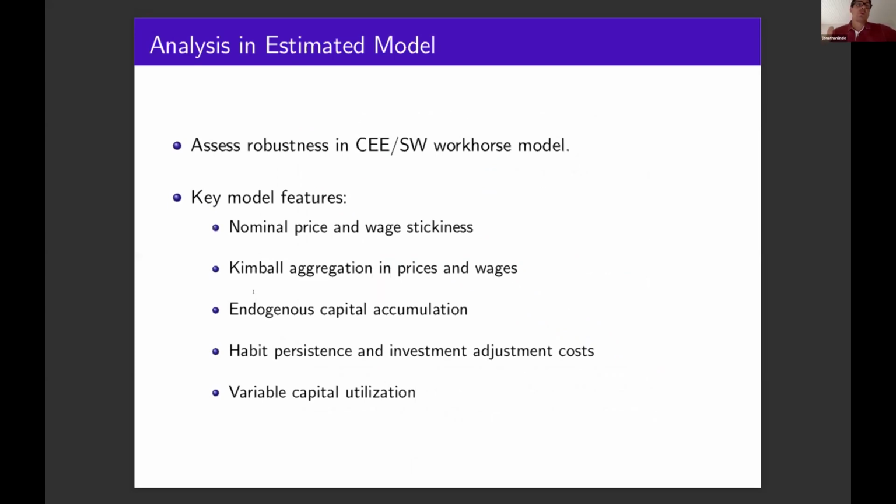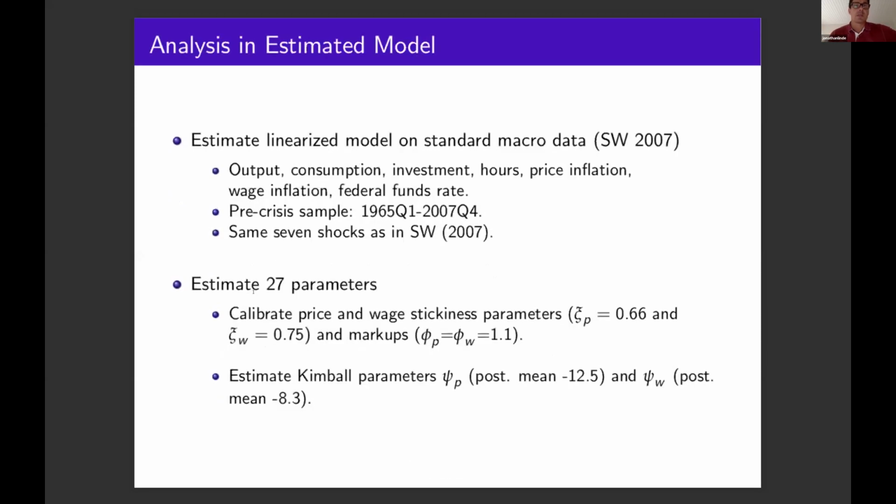So I'm just going to say we do robustness in a workhorse model that we estimate. We estimate the parameters and get basically Kimball parameters, conditional on sticky price parameters that fit the micro evidence of 3 4/4. We basically get similar Kimball parameters that I already used in the